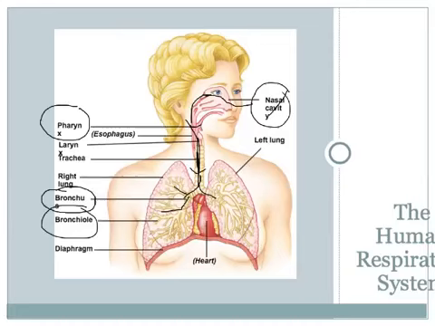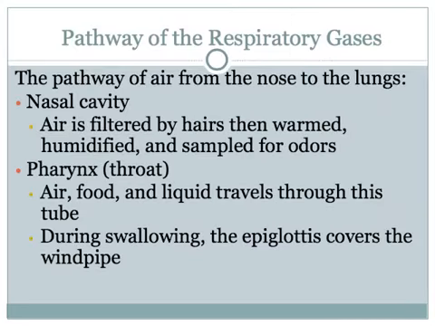Another important organ in the respiratory system is the diaphragm right here. It's a muscle that kind of cuts across your chest, and we'll talk about that a lot more when we talk about breathing later in the unit. Okay, so let's walk through this system, walk through the pathway of air, and then we will call it a day for this video. So like we said, air